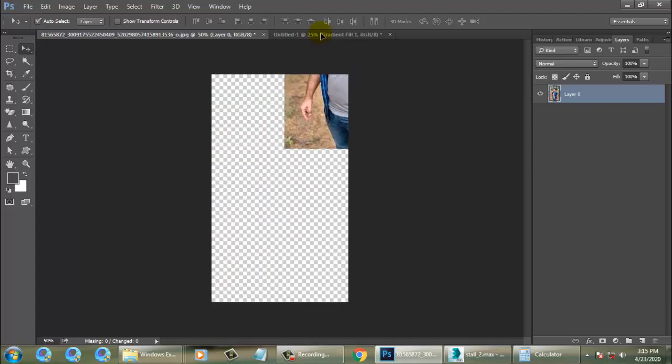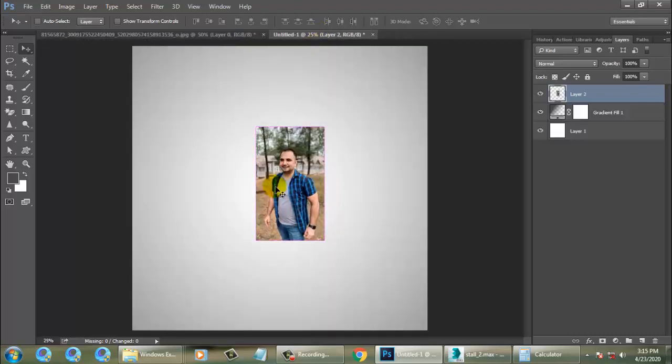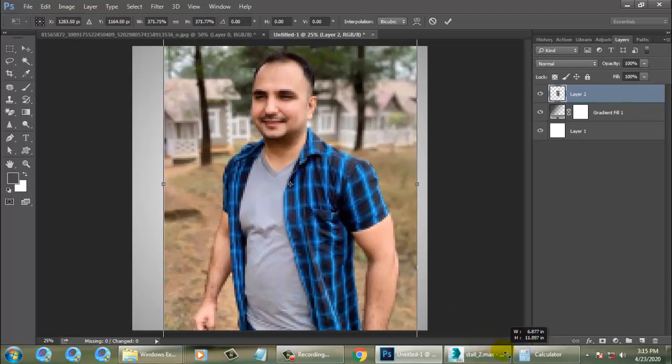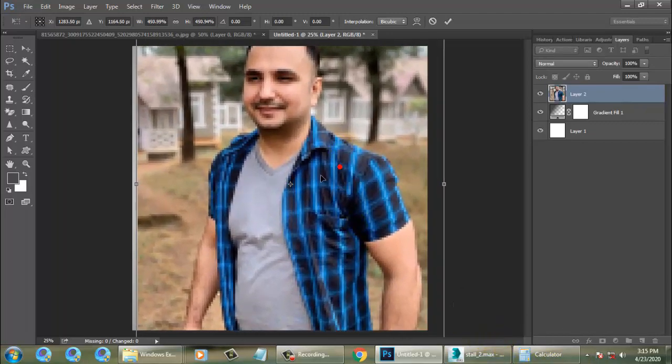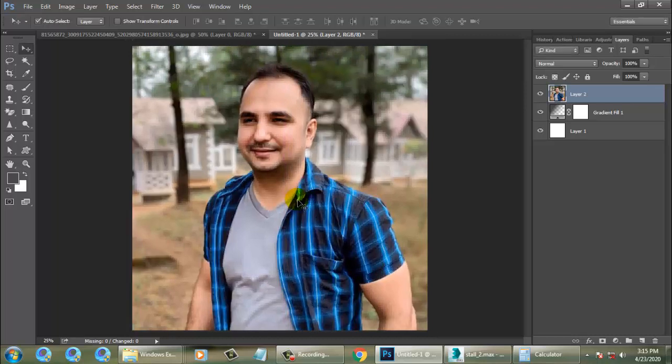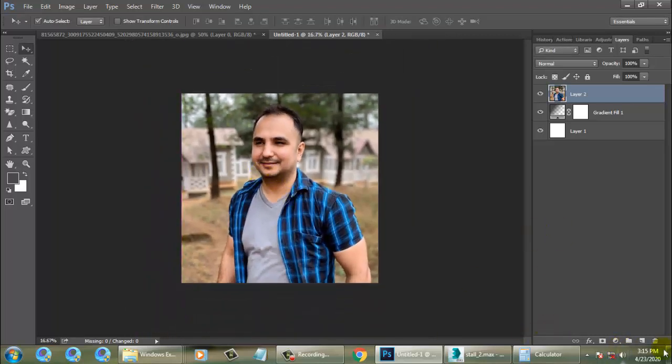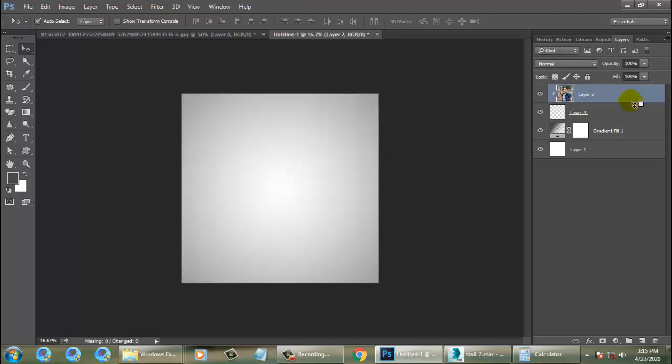let me take this image into this, Control T, and I'll resize it if it's pixelating. Alright, so let's take a new blank layer over here. I'll just push this up, press Alt and click. If you just Alt and click, it will convert it into a clipping mask. Once you have converted this into a clipping mask, your image, let's go to the bottom layer.